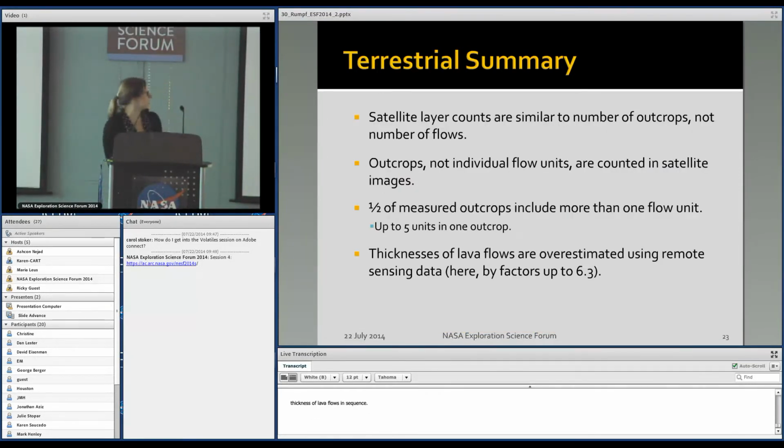Now, the main reason for this is that when we're looking at satellite images, what we are counting are the number of outcrops, not the number of lava flows. Our outcrop counts actually match more closely to our satellite counts than our number of flow counts. And so this means that when